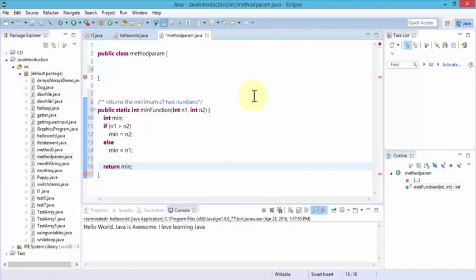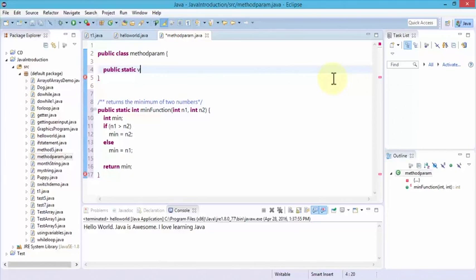Now in this instance, notice there's no print statement, so our code obviously is incomplete at this point. But importantly, I would like you to focus on this particular line where it says public static int min and then our parameter values, which are n1 and n2. Now these need to be defined, so we need to specify those before we can tell Java to use these values. So I'm going to go up and then do public